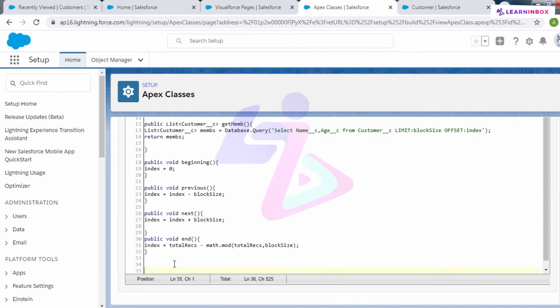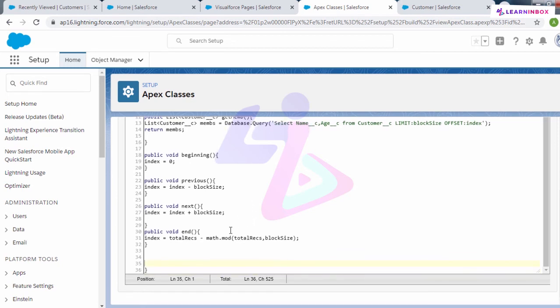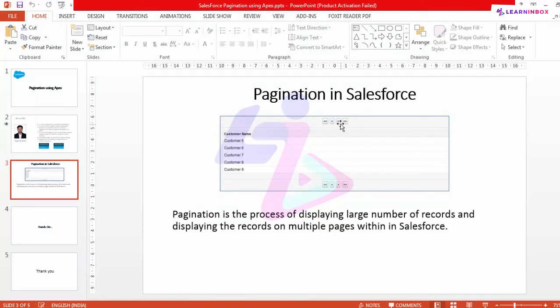Now, apart from this, the last portion of the Apex class program is we have to create two Boolean values as well, because see what my aim is. When I select this previous button or the beginning button, these should get disabled, and if I select this end button, the end should get disabled because it is of no use.